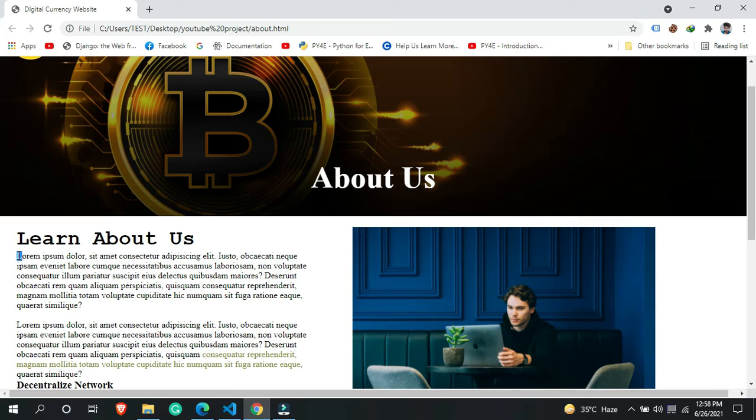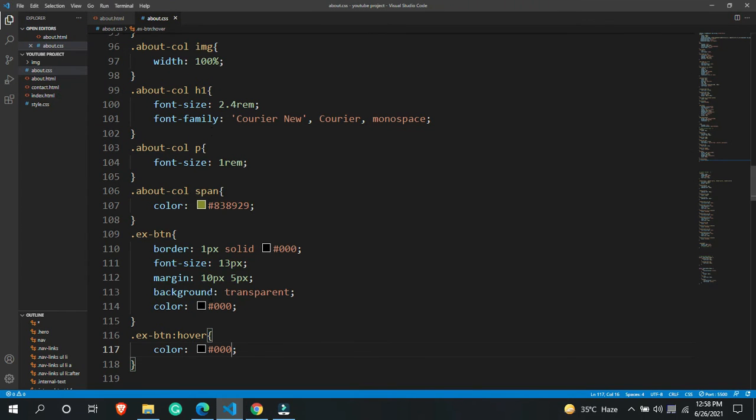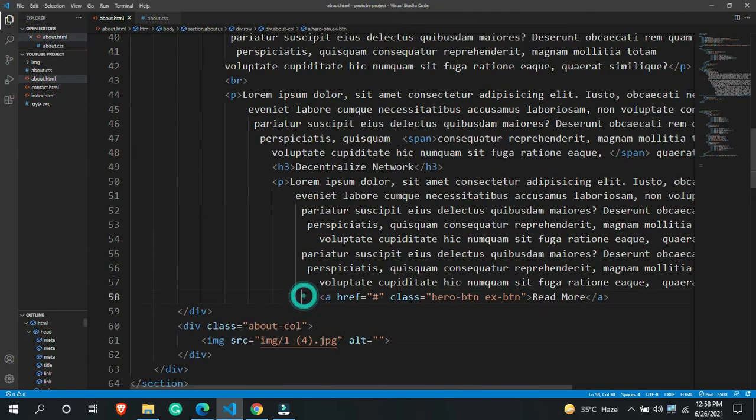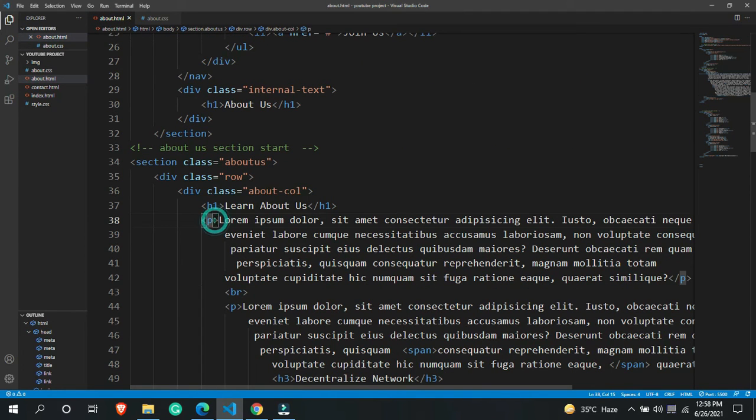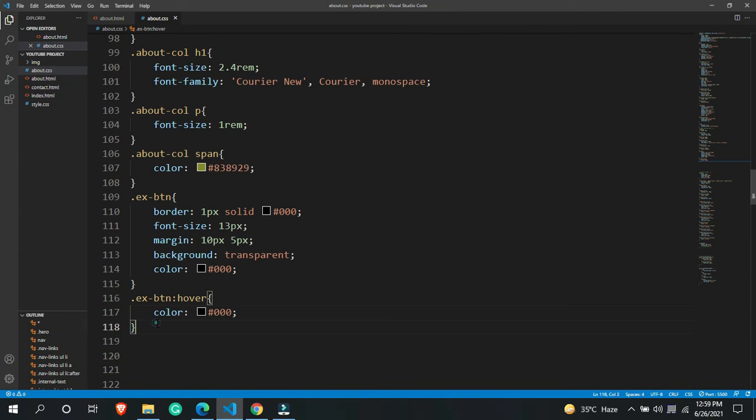Okay, and in order to target your character, let's come up over here, and let's say I wanted to target the first color. In order to target the first particular element, let's say I give it a class like FP, first paragraph, and I want to target this first paragraph over here. So I'm targeting this, and then let's say I wanted to add some styling over here. So you completely targeted this paragraph.